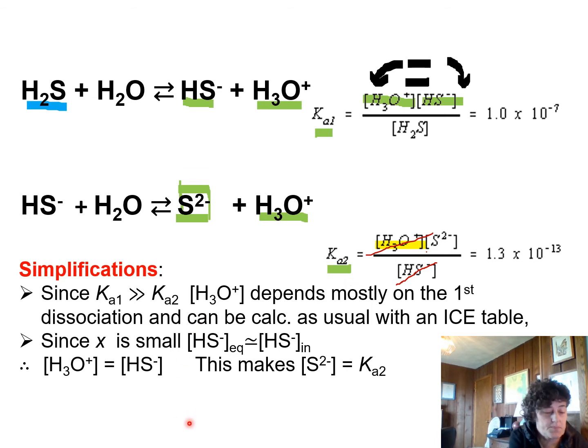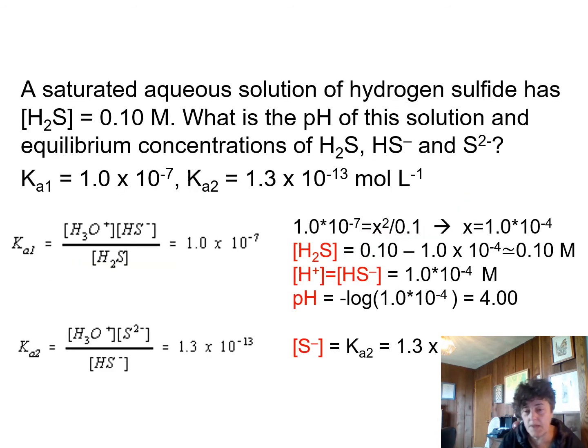Because of the simplicity of this, it is a favorite thing to ask in exam settings because supposedly, because there's pretty much no math, it is going to be really easy. Although it can be very confusing actually. So let's see an example of a setting. We have a saturated aqueous solution of hydrogen sulfide. So it means that the hydrogen sulfide, that would be this,